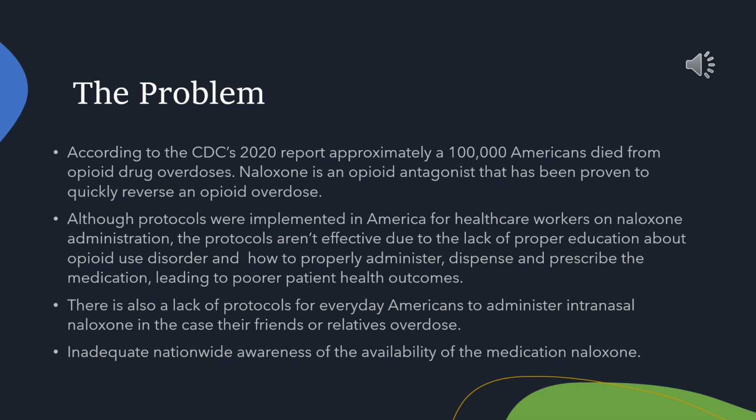Naloxone is an opioid antagonist that has been proven to quickly reverse an opioid overdose. Although protocols were implemented in America for healthcare workers and naloxone administration, the protocols aren't effective due to a lack of proper education about opioid use disorder and how to properly administer, dispense, and prescribe the medication, leading to poor